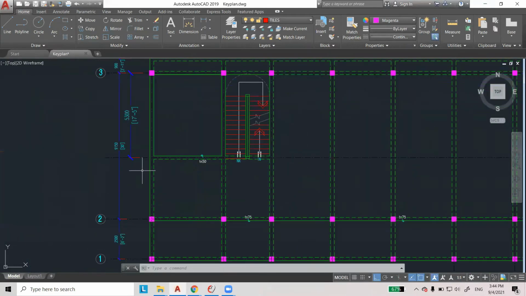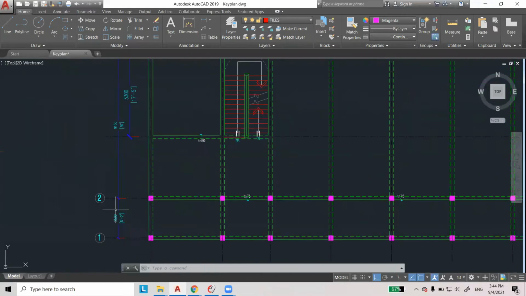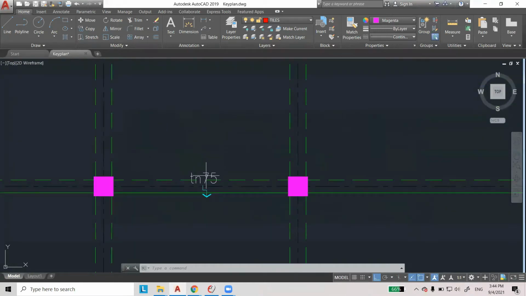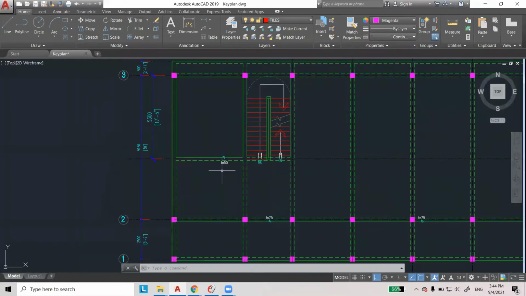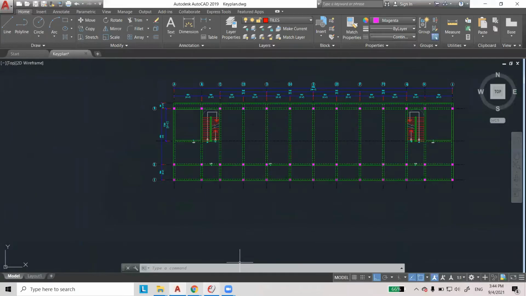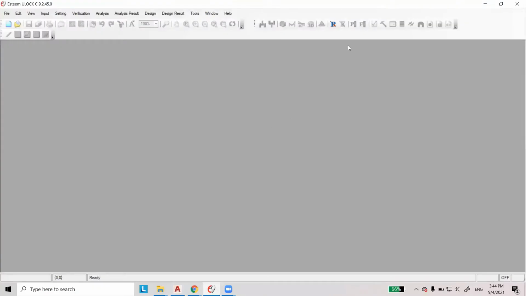So dia ada column, dia ada beam, and then this is the dimensions. So saya akan cuba demo gunakan yang model ni. Okay, TN 75 means drop is 75, and this is another drop will be 50 here. Okay, let's go. First of all, the Esteem here is